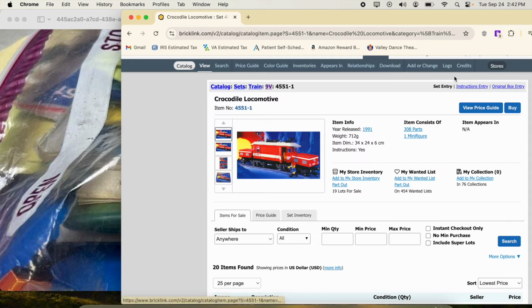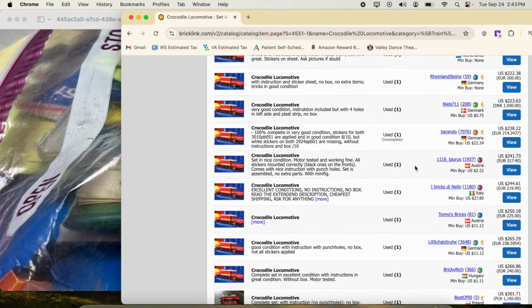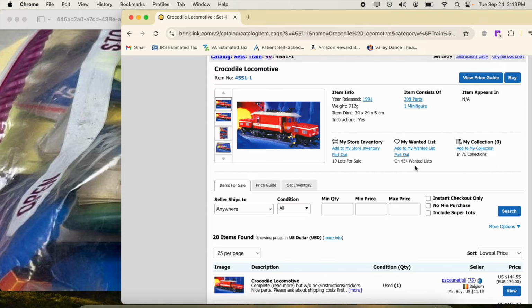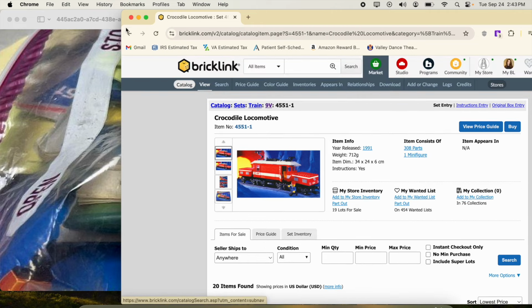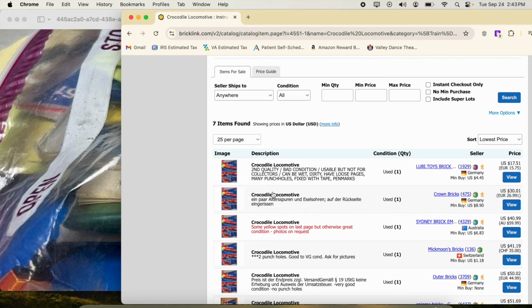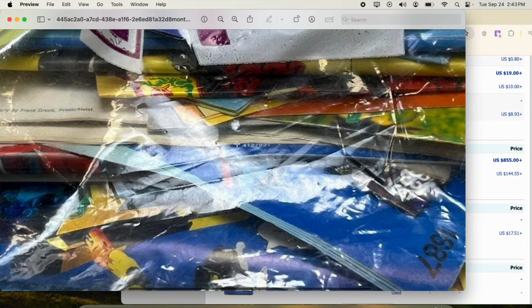So even if that set's not in there, it would be great to get the instruction manual for it because, you know, sets that are this valuable used are going to have a pretty decent resale value for the instruction manual as well. Yeah, there's not a lot for sale. Okay, so you can see here it says printed in Germany by Frank something. No numbers though. We've got a tiny number there,